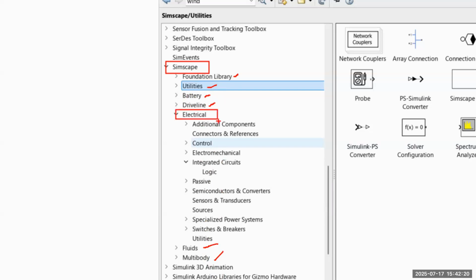In this case, we will use semiconductors and converters in our demo later on, and then maybe some control systems that we can use for three-phase systems for very high power systems. There's also Specialized Power Systems if you want to use it; this one is used especially for those applications. In my case today, I will show you a solar panel application with an inverter application. So those are what I can show you today.